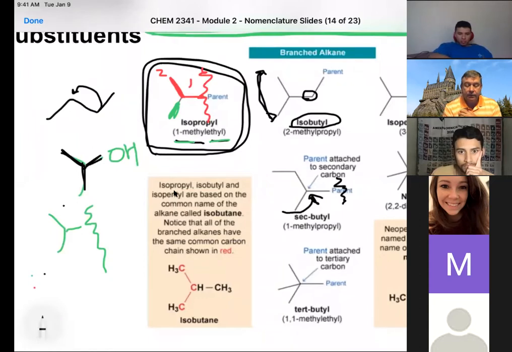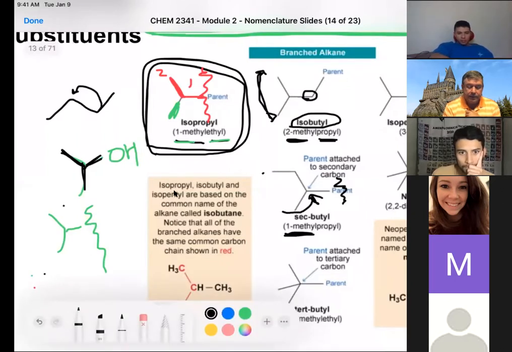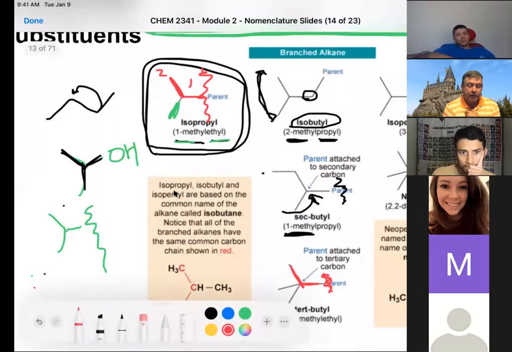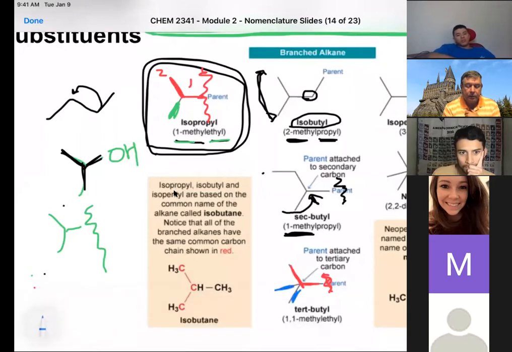And so it looks a little different. It looks like you have the propyl chain with the methyl coming off in the 1 position. The isobutyl is the propyl chain with the methyl coming off in the 2 position. So the only other isomer available to us is to take this last methyl group and move it onto that number 1 carbon again. And so what we'll end up with is our parent substituent is now only 2 carbons long, and we had to add those methyl groups in on that 1 carbon. So we call that tert-butyl or tertiary butyl.